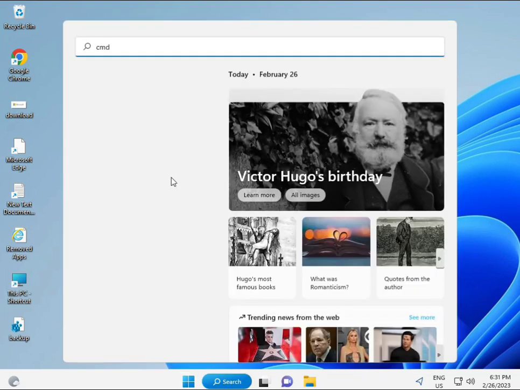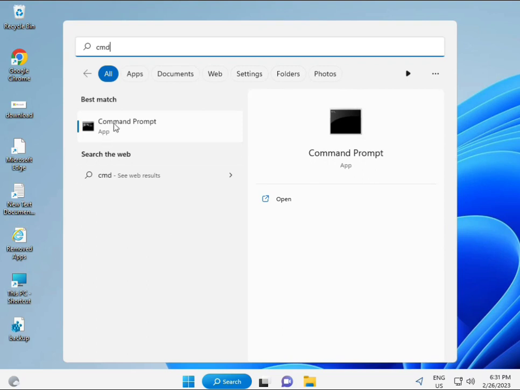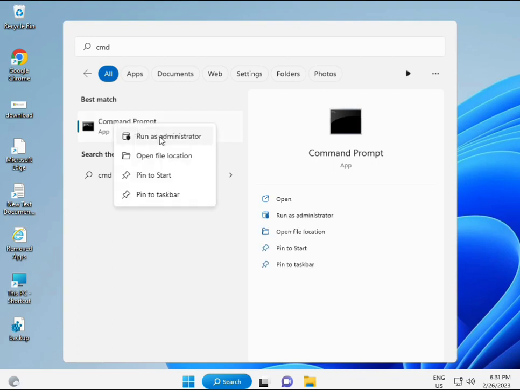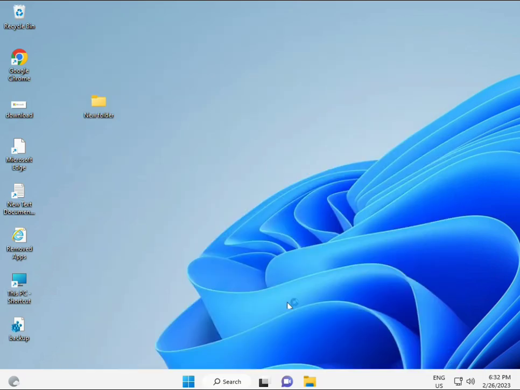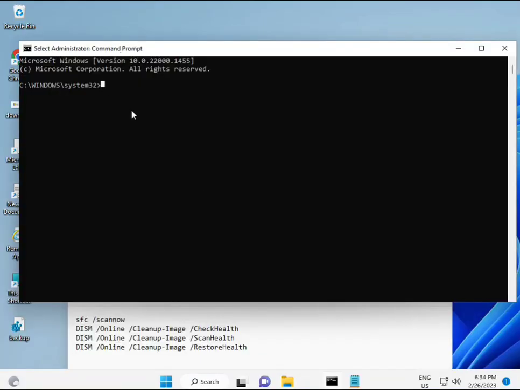then guys, click the start button and type cmd and then enter. You can try to run as administrator: right click, run as administrator, so you're giving full permissions. Okay,